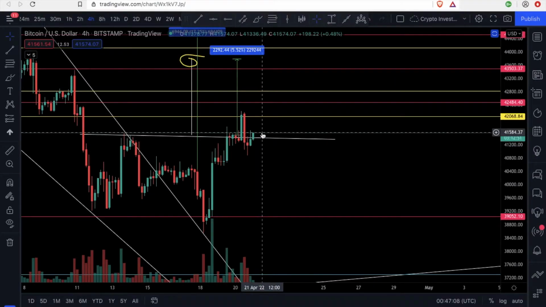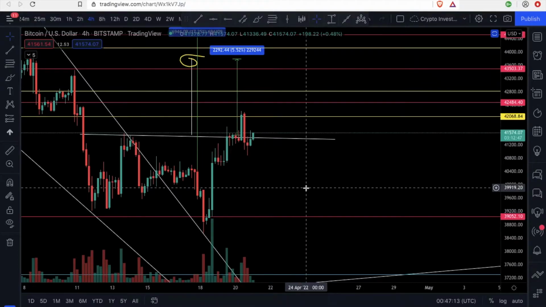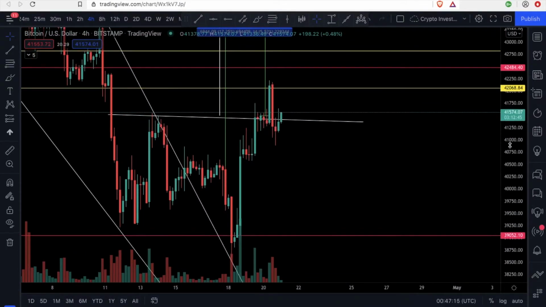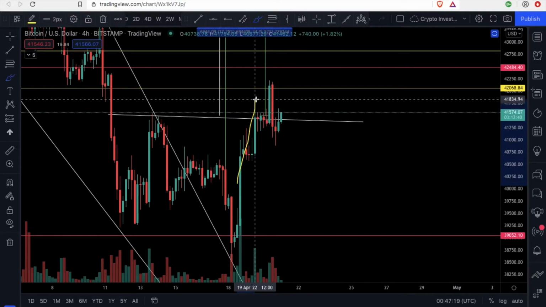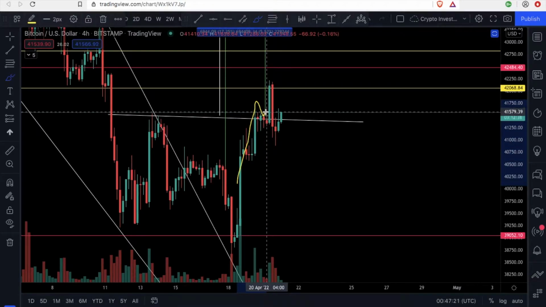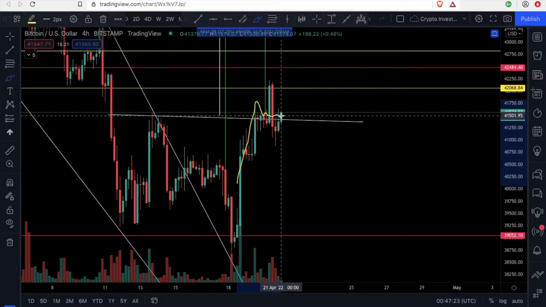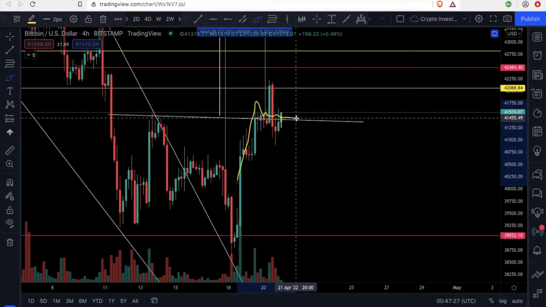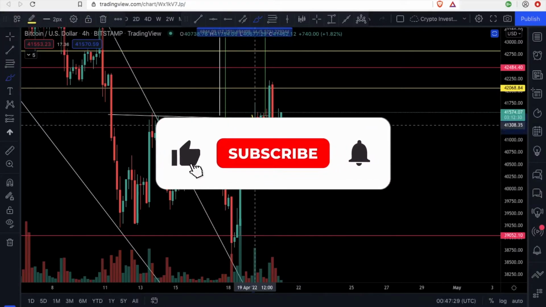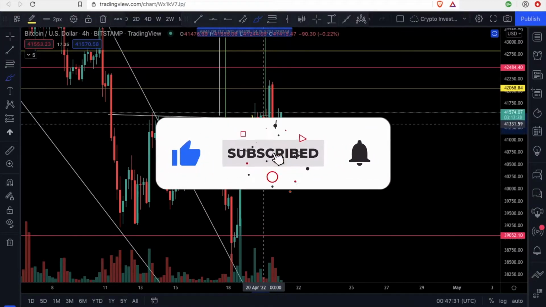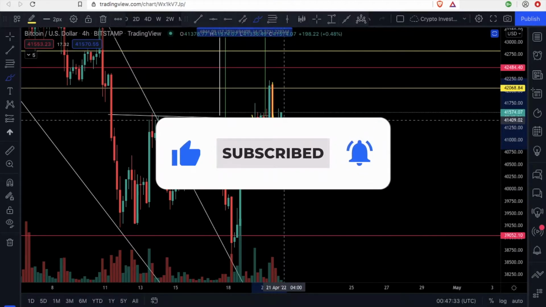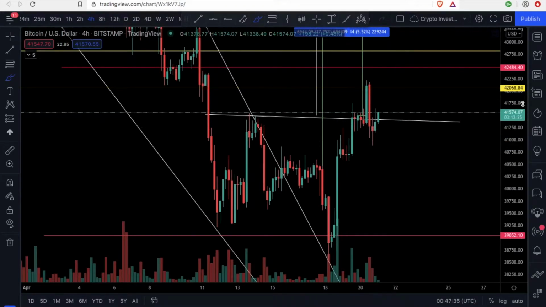Do not keep wicking down like this, because that's not showing strength. Okay, when you're retesting support, you want to see this, like you break the resistance and you retest it. Okay, you maintain that support. Okay, you may wick, but you maintain most of the times above that support. But if you see just wick, body candle closes below, boom, like this, usually that doesn't end good in